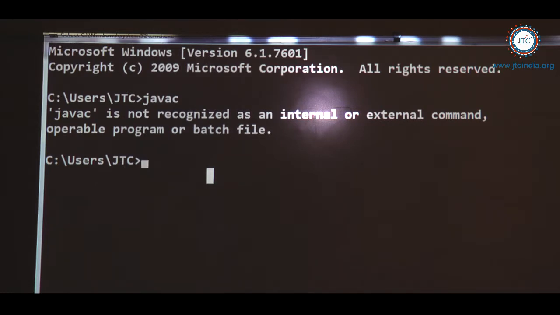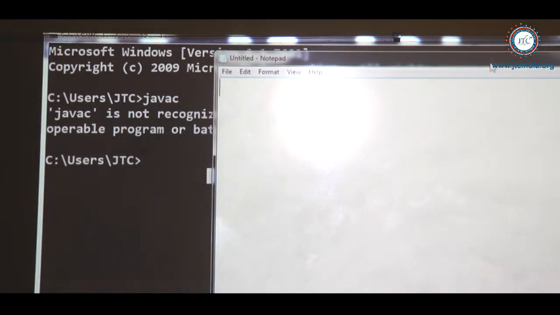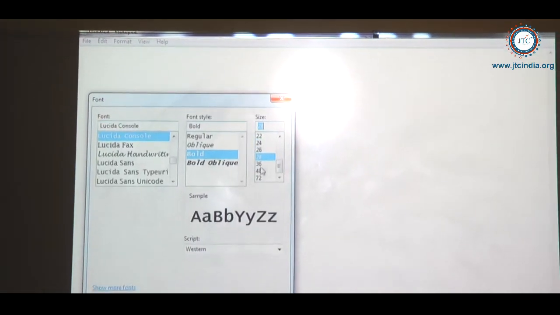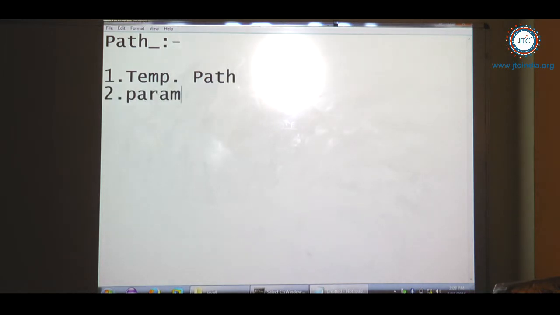The path can be set in two different ways. I will just increase the font size of this. Number one is the temporary path, and the second one is the permanent path, right?